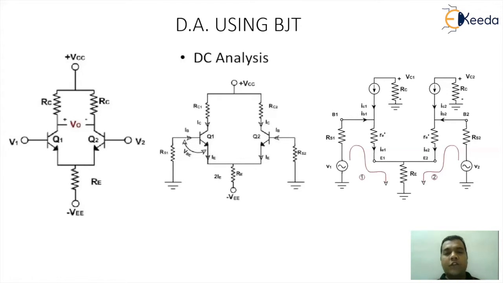So this is the way you can go for the DC equivalent circuitry. If you want to go for the DC analysis, you can easily apply KVL to the lower loop and solve to get the values of IB, IE and IC for each transistor. The advantage we get here is that since both transistors are matched, whatever current values we get for the first transistor will be exactly the same for the second transistor.